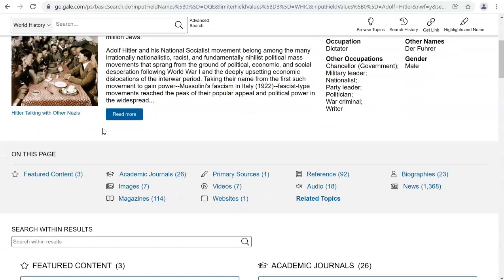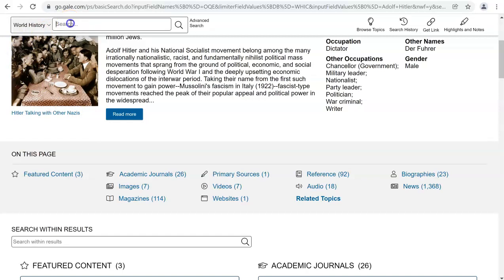In this instance, a search for Adolf Hitler, you can see, brings up numerous journal articles, magazines, primary sources, entries from reference books, biographies. If you ever conduct a search and you feel you've gotten too many results back, one of the ways that you can make your search results list smaller is by adding more search terms to your search. So this is a results list for Adolf Hitler.